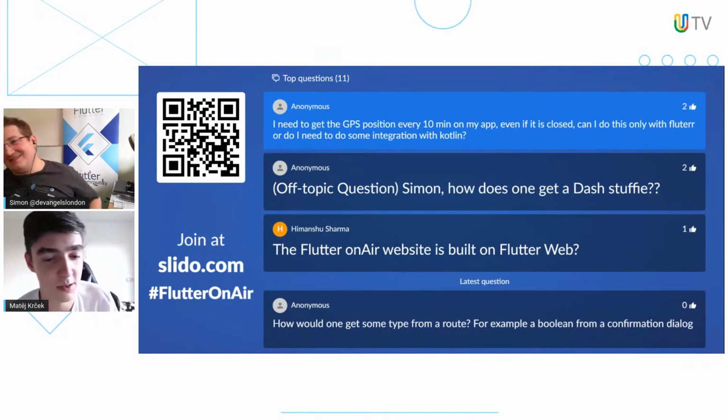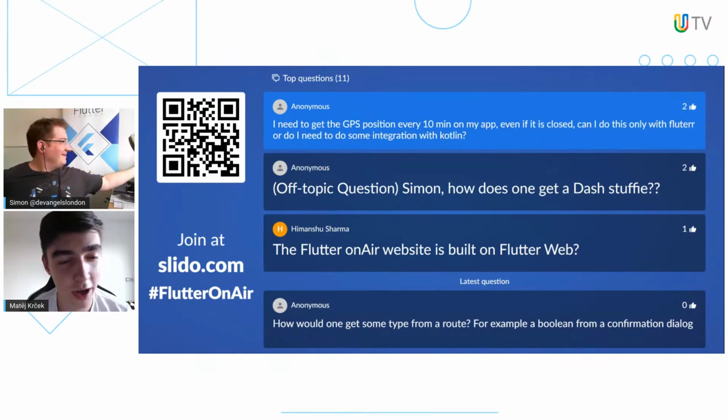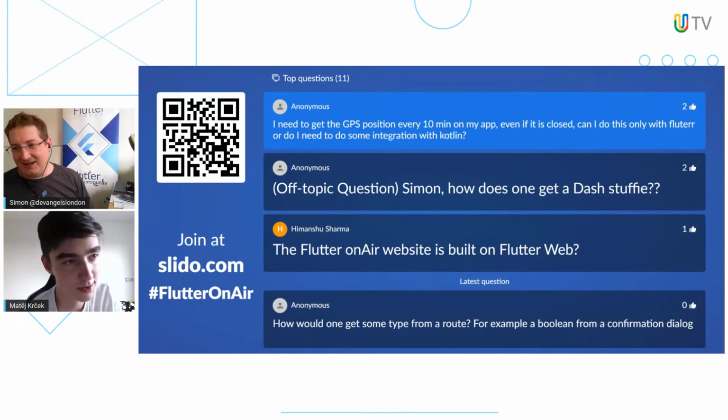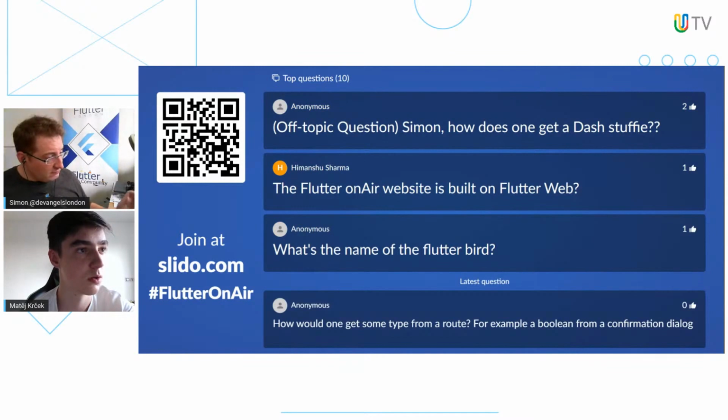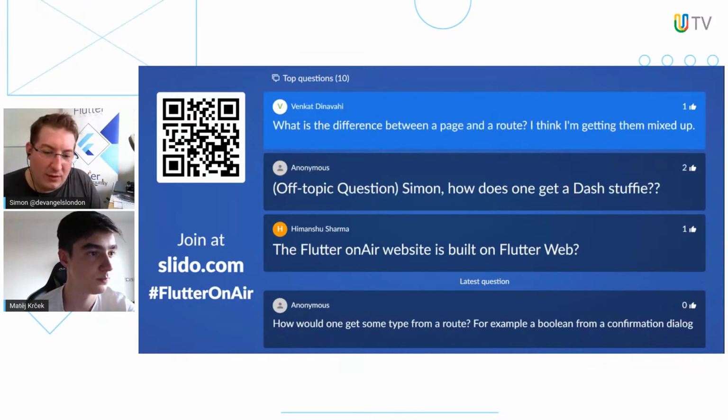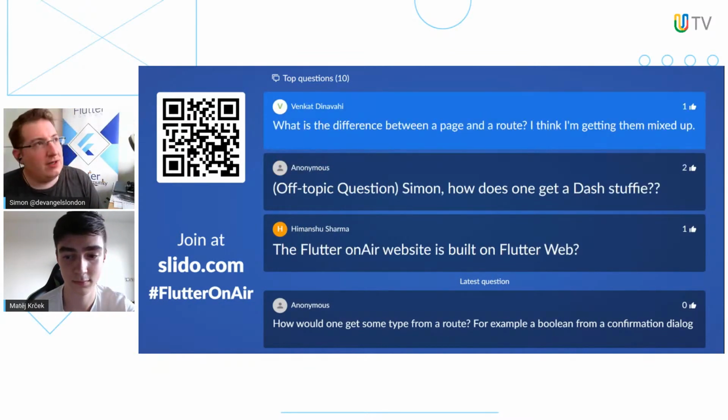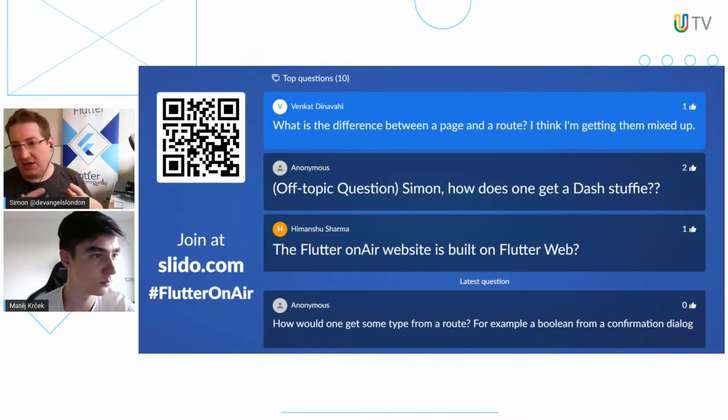Okay. And what is the difference between page and route? So a route is what holds the state of where it is in terms of transition and other things. It binds everything together. So a route is what manages the state of what you see on the screen.